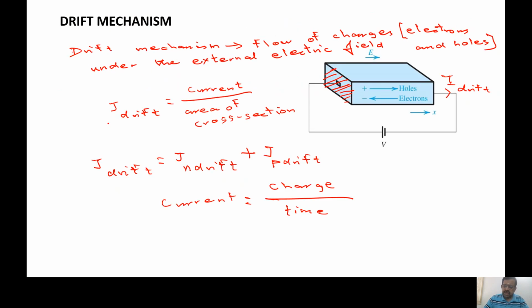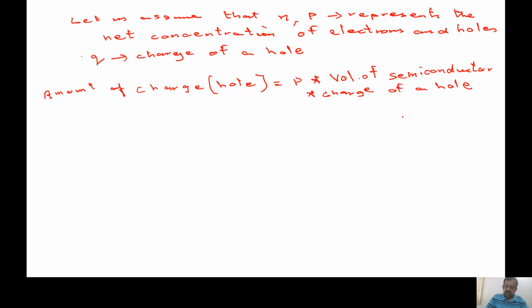So go to this figure. Let us assume that this is the length of this cuboid, and this is my area of cross section. Area of cross section is A. Let us assume that. Then the volume is nothing but the product of A and the length. Okay, so it's very simple.